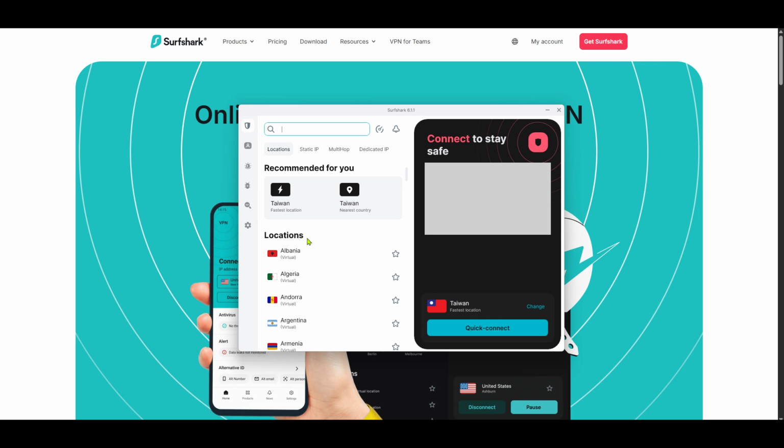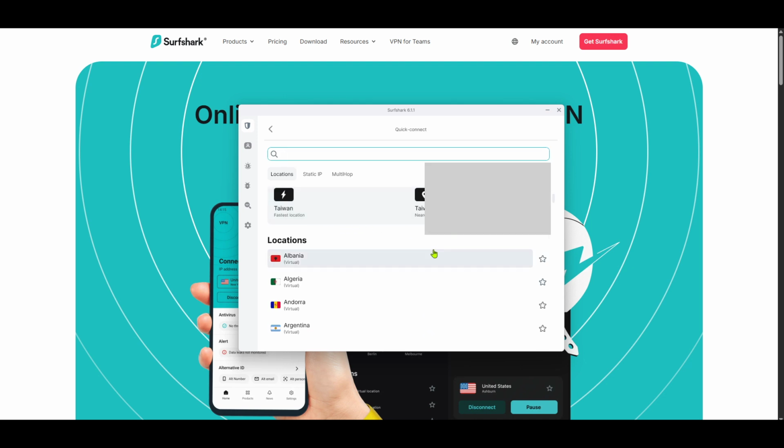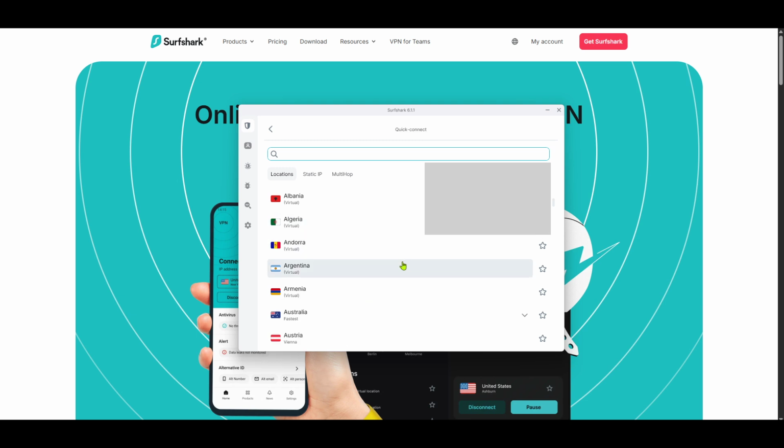Once you're in the VPN section, you'll want to find and select the Location tab. This is where the magic happens. Clicking on Location brings up a comprehensive list of countries and cities you can choose from. Surfshark offers an extensive range of locations, allowing you to switch your online presence to virtually anywhere in the world within seconds. This feature is perfect for exploring different online environments, accessing content from various regions, or simply enhancing your